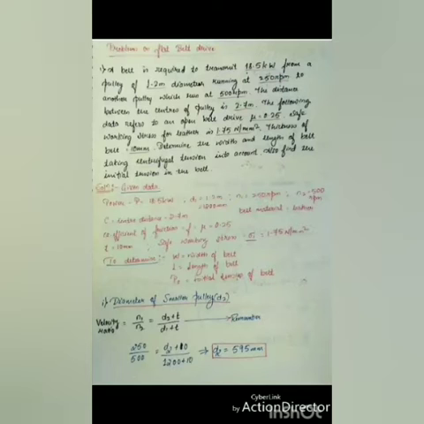Next given data is center distance C, 2.7 meter. Belt material is given as leather, coefficient of friction mu equal to 0.25, but as per our data in the book it can also be represented by small f, which is equal to 0.25, as already told in the previous theory part. Thickness of belt small t equal to 10 mm. Safe working stress, this is also discussed.